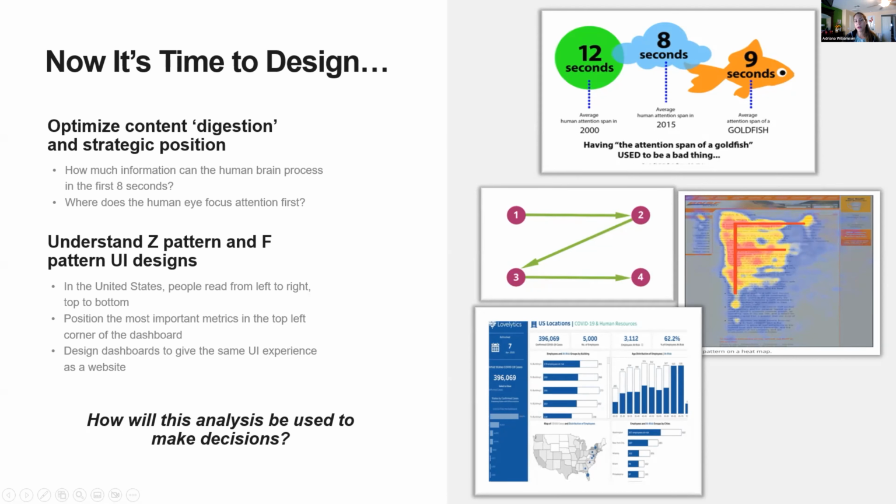Think about the strategy of where you're going to position the information on your dashboard. How are you going to tell the story? And also think about the number of objects you're going to put in your dashboard. Don't go crazy. Don't try to answer 10 questions. That's why I say focus on your top 5.